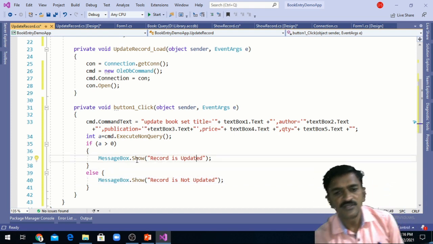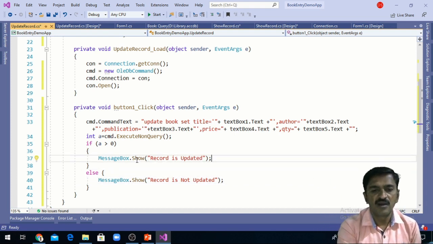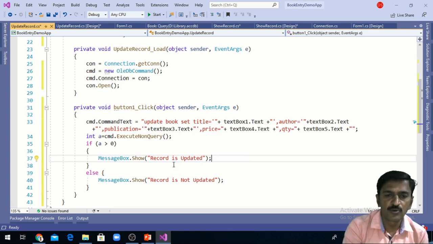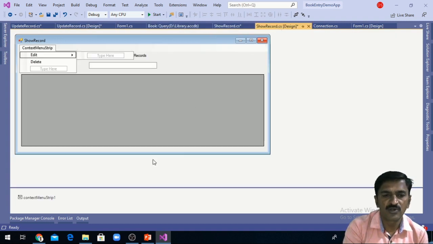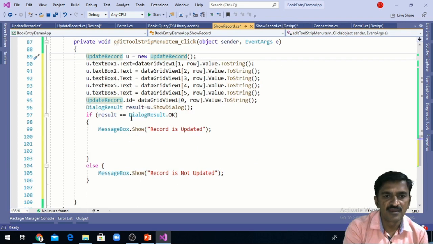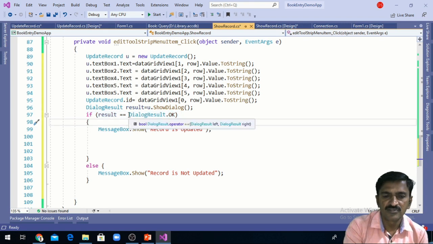And if the record is updated, automatically the form will be closed and the control returns again to ShowRecord.cs. When the control returns here, this condition will be true if you have selected the update button. So this update button acts as an OK button.